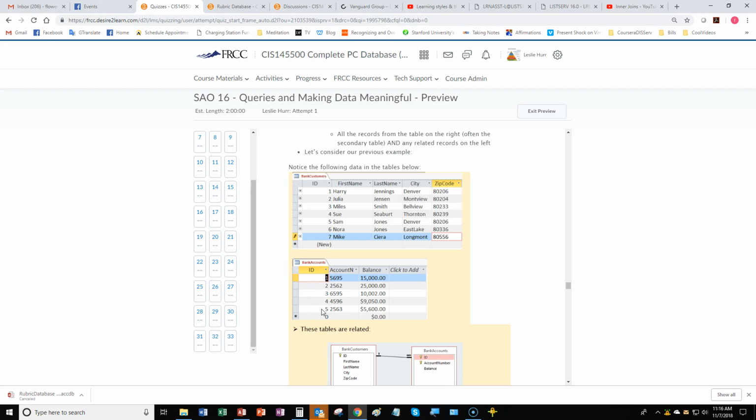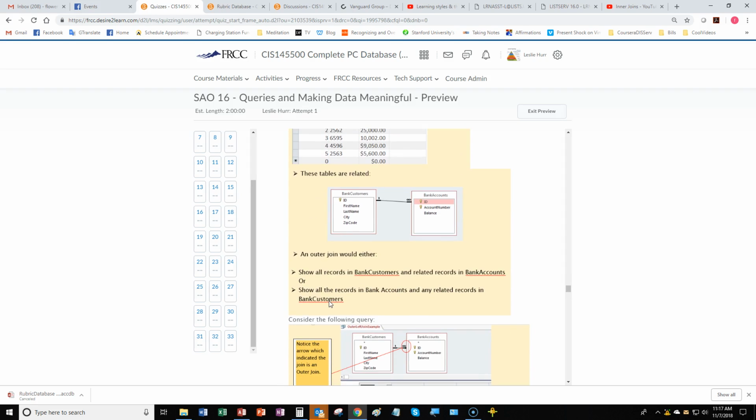And remember, the rule about the table relationship is that nothing in the child table, this is the child table, can be entered here that isn't in here. That's what the table relationship says. And if you have an inner join, then all the records that are in here that have a match over here will be displayed in a query. Okay? But